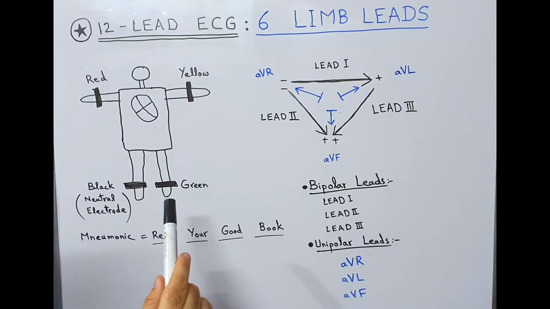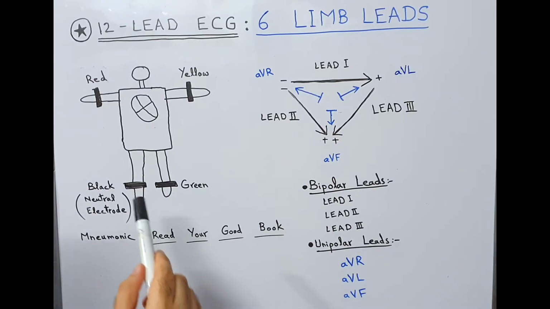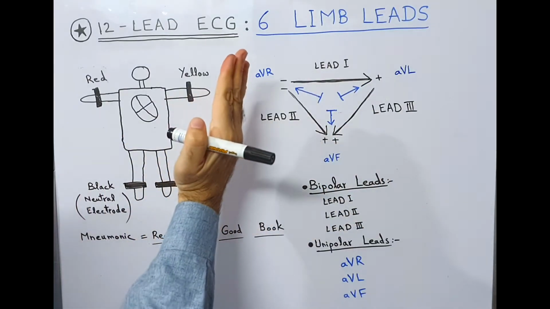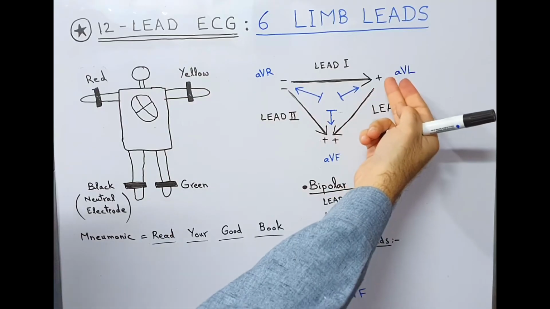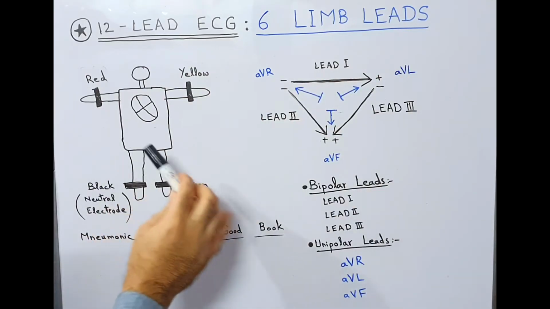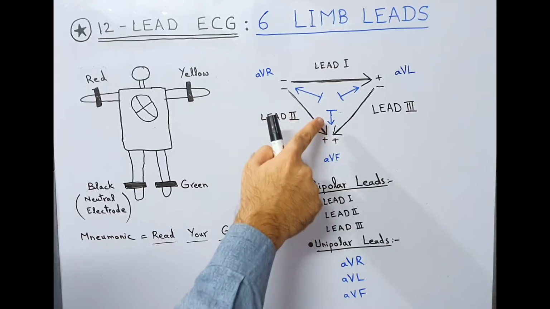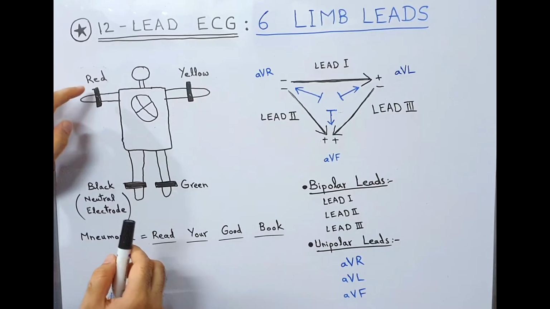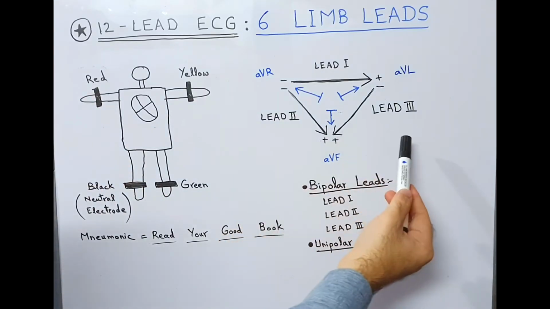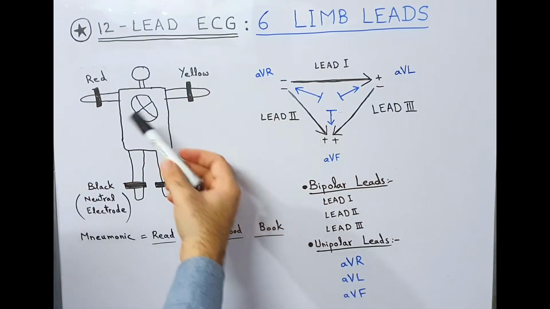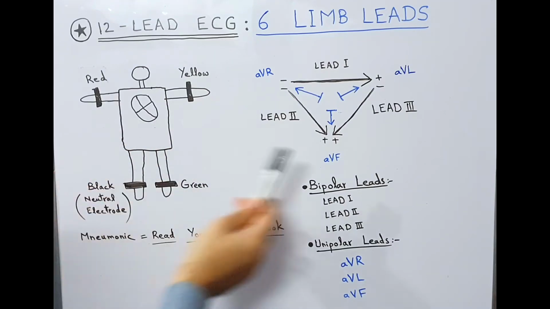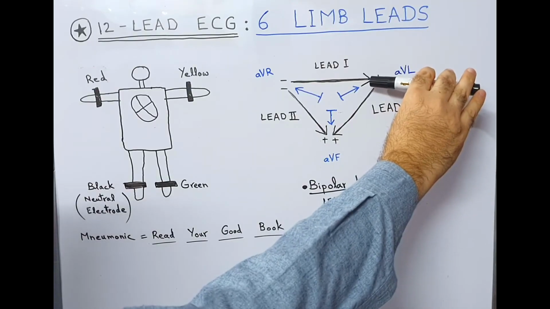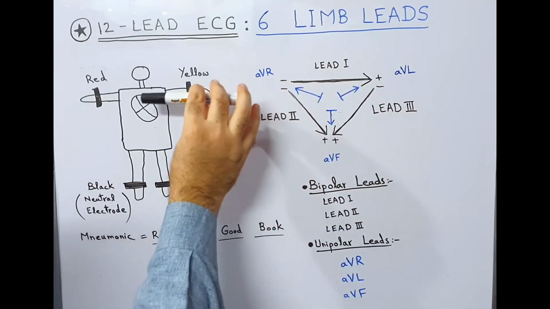Now we will come toward leads. How are 6 leads formed? Lead 1 is formed between these 2 electrodes and it sees the heart from this direction, from the direction where positive is present. Lead 2 will see the heart from this direction, the vector will be in this direction, and it is present between these 2 electrodes, red and green. Lead 3 is present between these 2 electrodes and it sees the heart from this direction. The head is the direction where your eye is. If here is the vector head, it is seeing the heart from this direction.